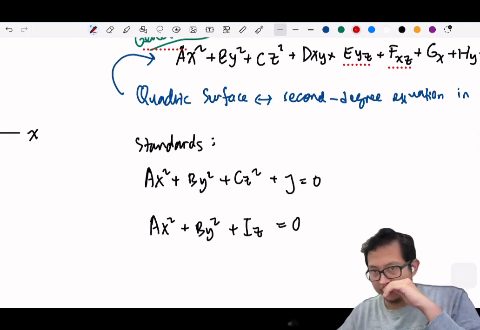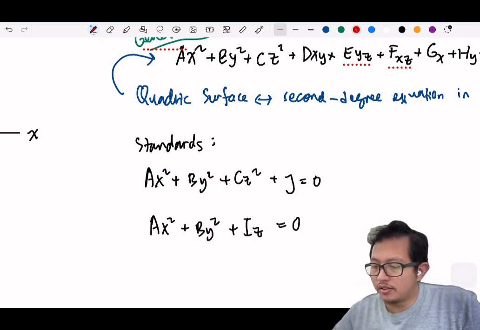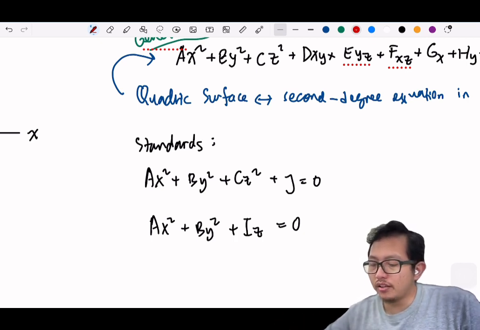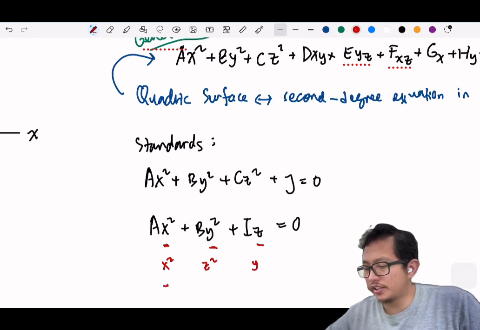Now, of course, this should be understood as, for example, for the second one, we have the quadratic in x and y, and the linear is on z,